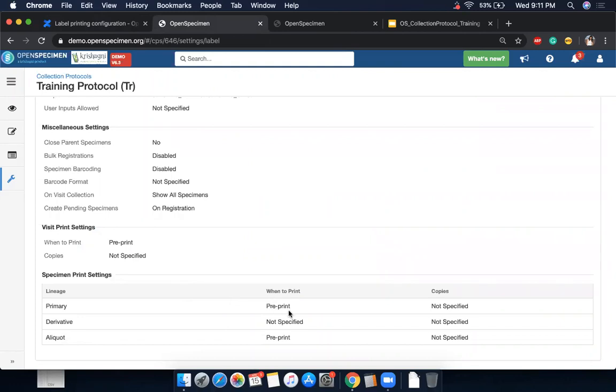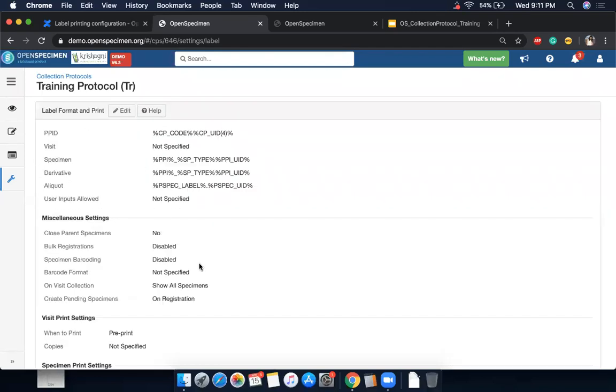Then you need to set up print rules as to what all data you want to print on the label. So all that needs to be done. So that's about the labels and configuration. And again, to repeat, if you are going to scan in labels, suppose you want to scan in labels only for aliquot, then you can leave out this particular field empty so that you get an option to scan the labels.